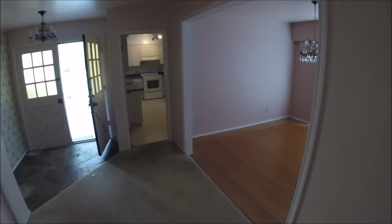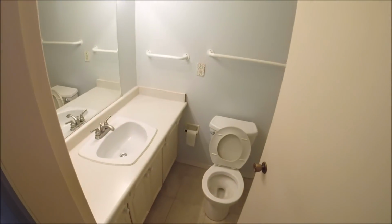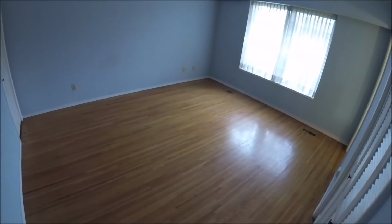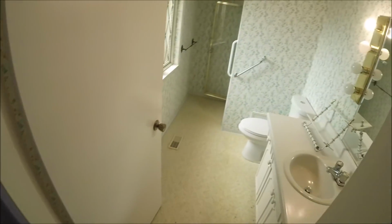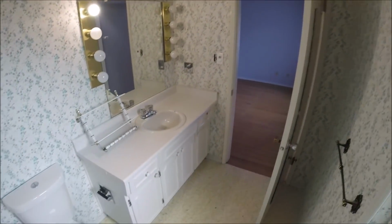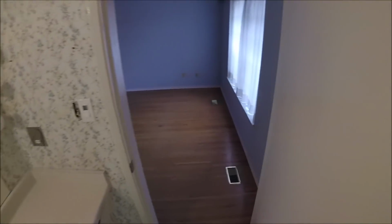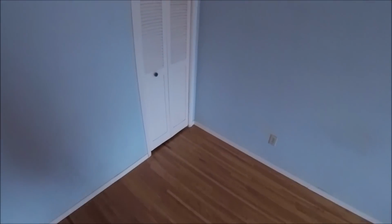it's the living room here. This is the dining room there. Washroom, one washroom there. One bedroom, it's pretty big. So this is the master bedroom. Yeah, a little bit bigger. Its own shower. I like how they have the hardwood. It's kind of nice, but